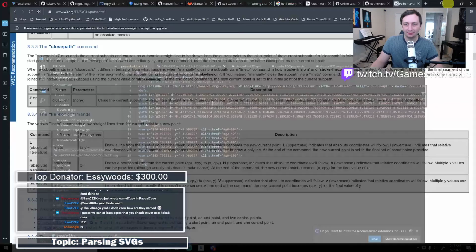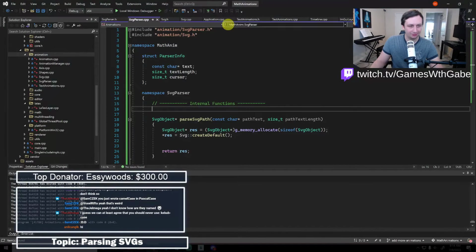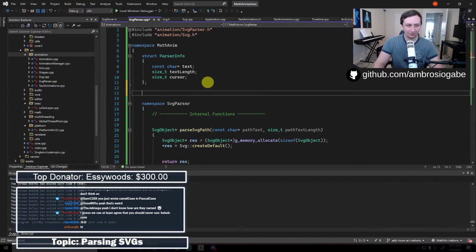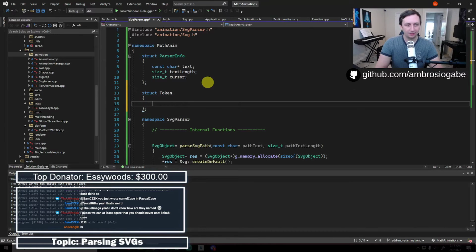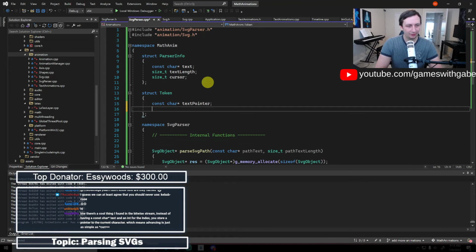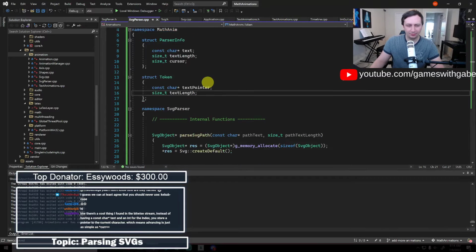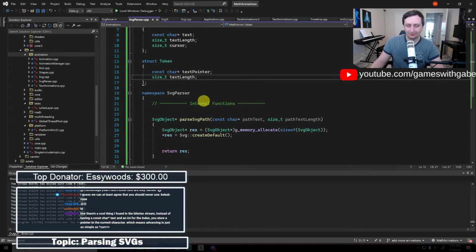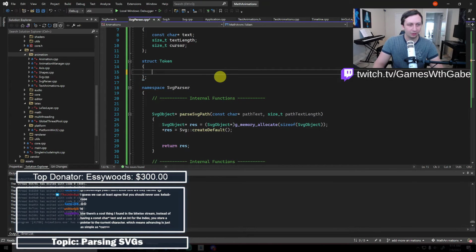Anyways, though, so basically what I'm thinking is for this parser, we can just have a simple thing where we'll have a token, and the token will literally just be a pointer, size_t text length. So that will be a token to the text itself. I don't think I want to do this though, because it really doesn't matter. All we're going to have is a number or a letter which represents something.